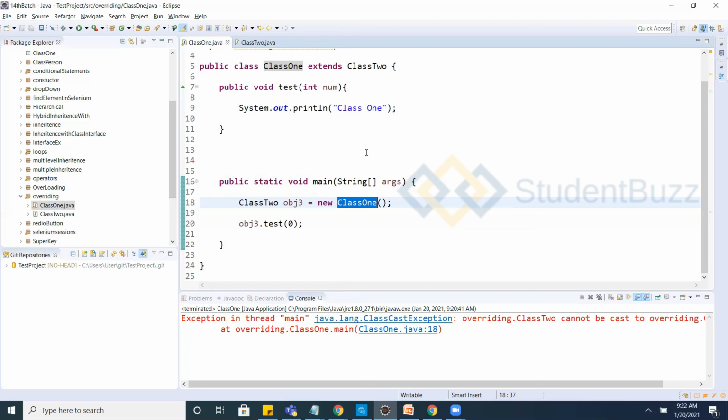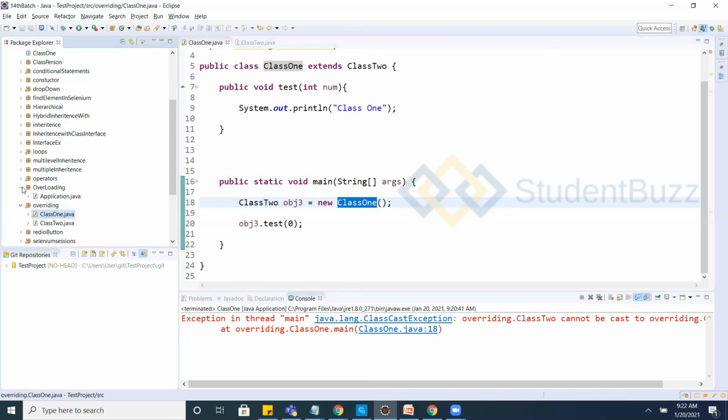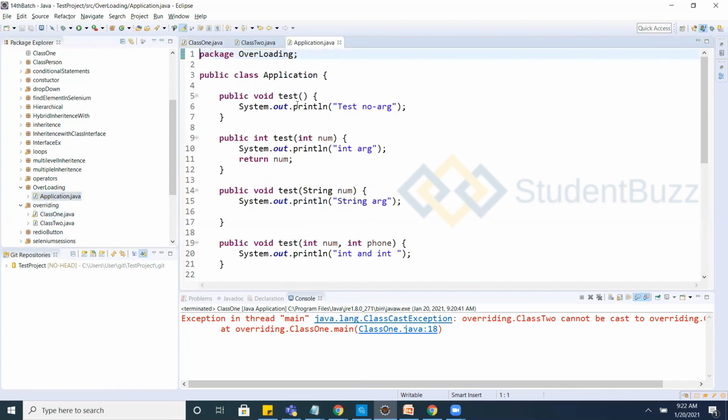The same class will have the same method name with different parameters, or the positions of the parameters may be different. You can achieve overloading with that. Overloading you can achieve in the same class: the method name should be the same and the arguments should be different.